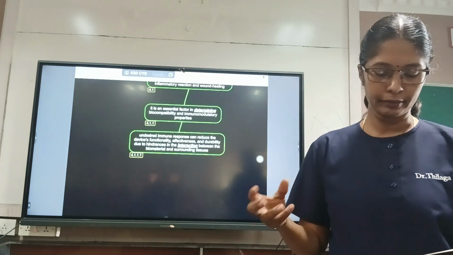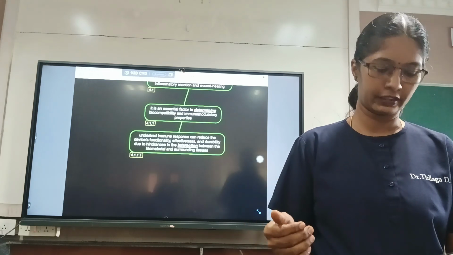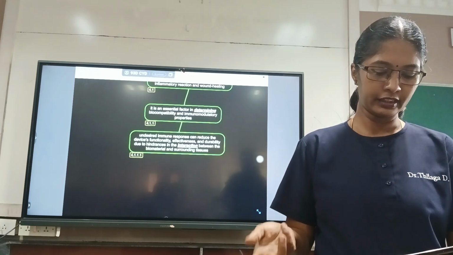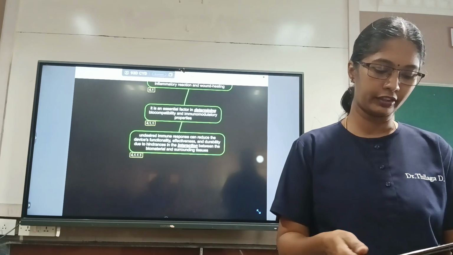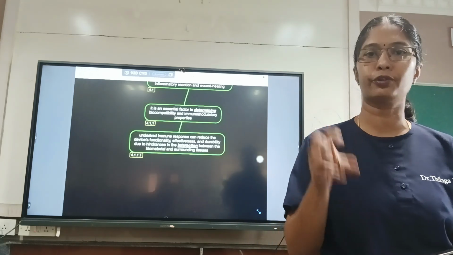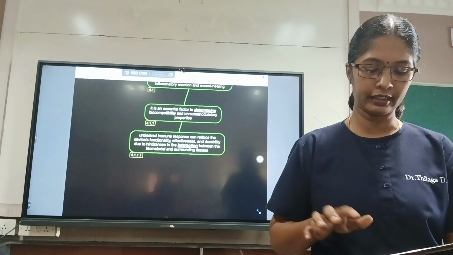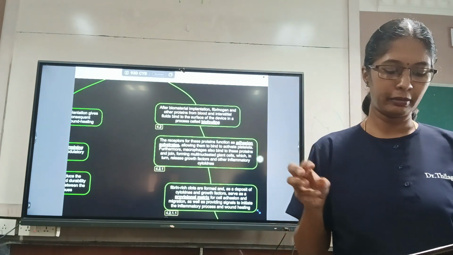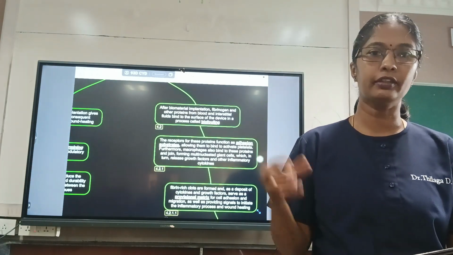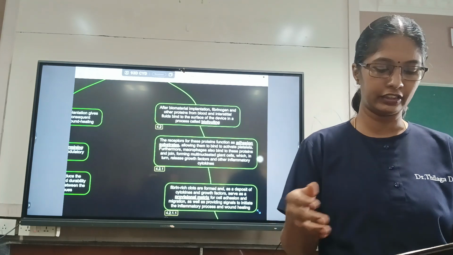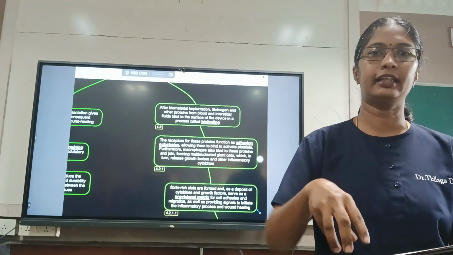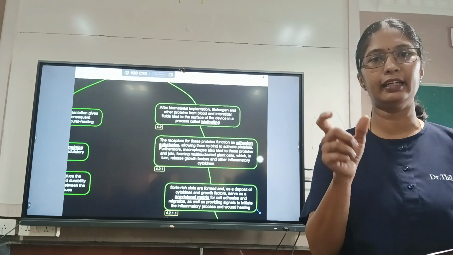So undesired immune response can reduce the device functionality, effectiveness and durability due to hindrances in the interaction between the biomaterial and surrounding tissue. So the material itself should not be immunogenic to that particular environment. So after a biomaterial implantation, the fibrinogen and the other proteins from the blood and the interstitial fluid come and attach on the surface of the biomaterial, and that process is known as